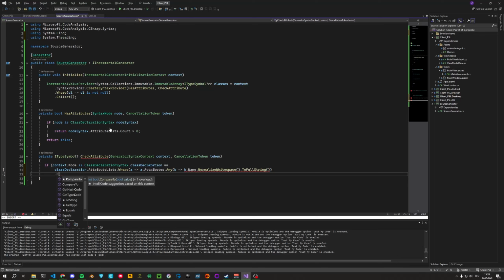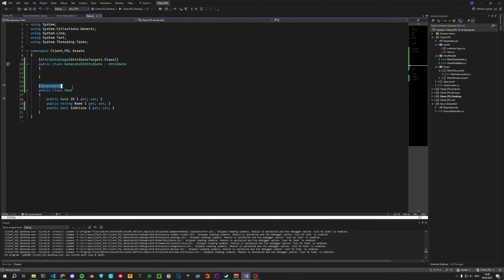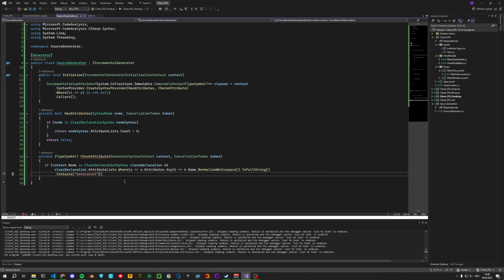Dot, at the wrong position. I think so. Oh yeah, here. Okay, dot contains. Here is the string generate UI. Here you can say whatever you want. It just has to match up with this here, or with the attribute you want. So then we check on this, close this, and then dot count